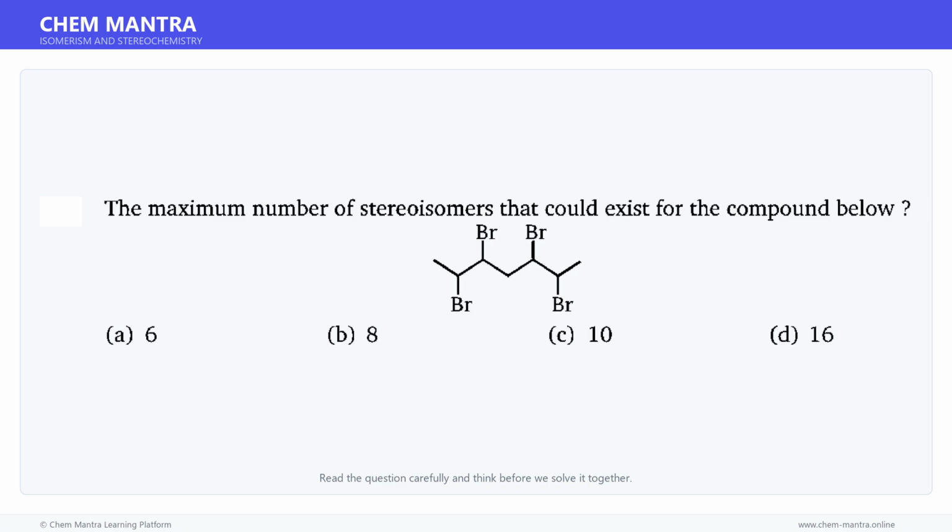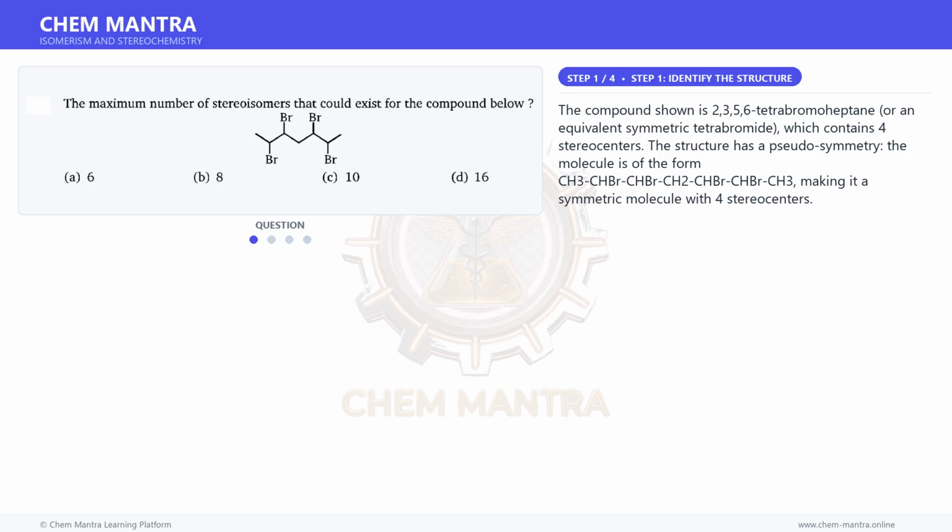Here is a question. Read it carefully and think about the answer. Let us solve it step by step. Let us begin solving this step by step. The compound shown is